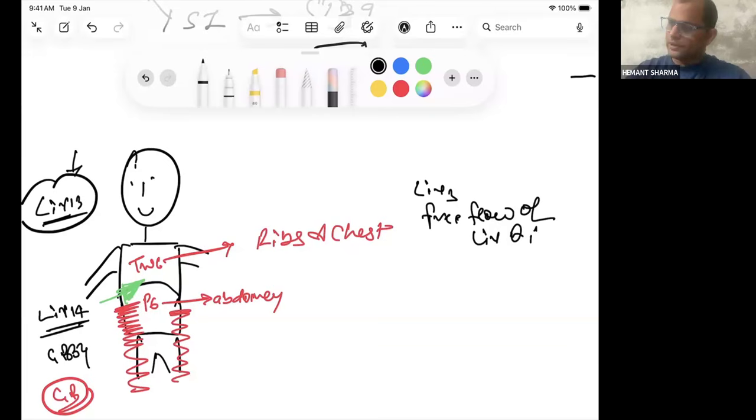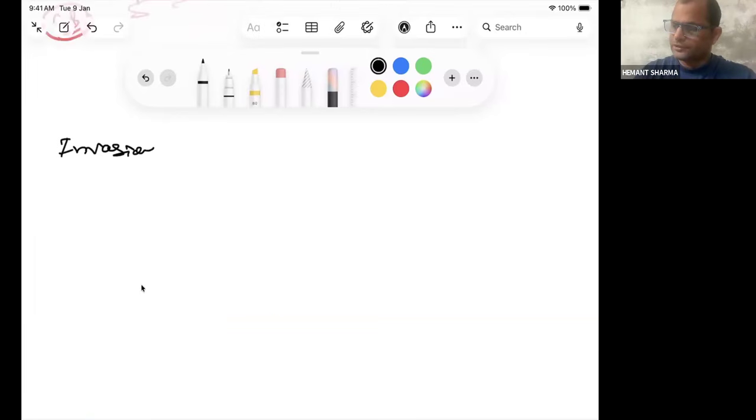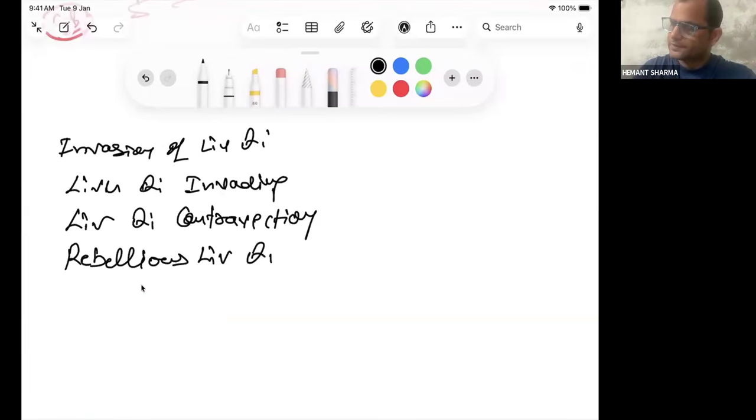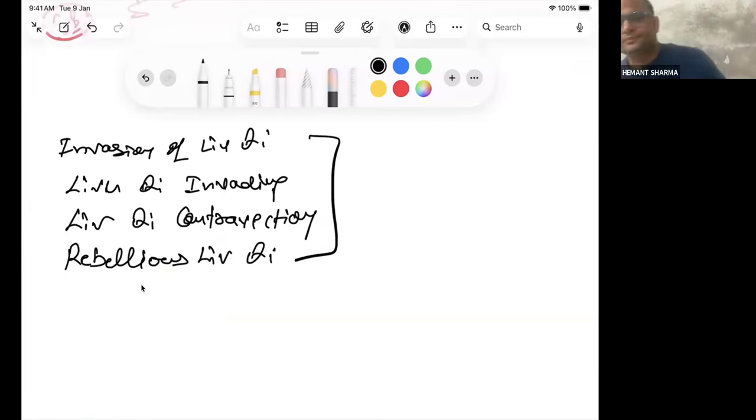आपको याद लिखे होंगे. Invasion of liver chi, or you will see liver chi invading, और लिवर ची कॉन्ट्रावेक्शन और रिवेलियस लिवर ची, all the meanings are the same, कि भटकी हुई लिवर की ऊर्जा, भटका हुआ आदमी, भटकी हुई आत्मा।